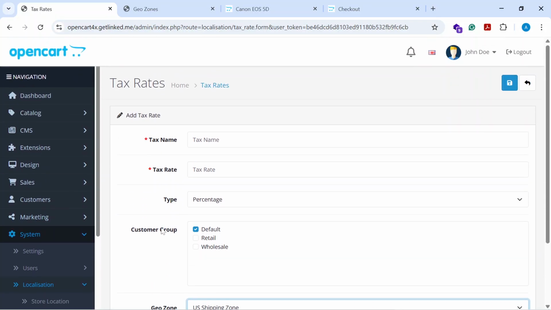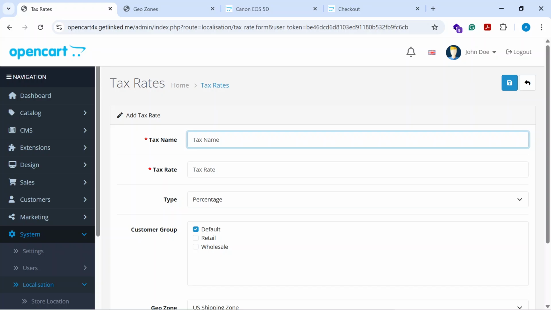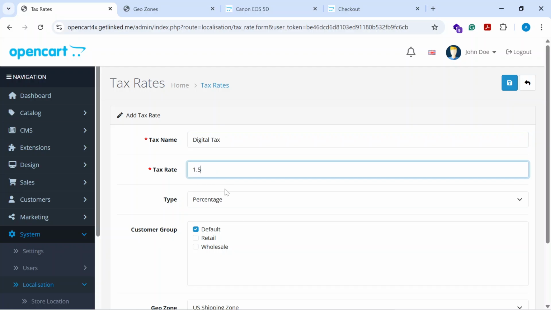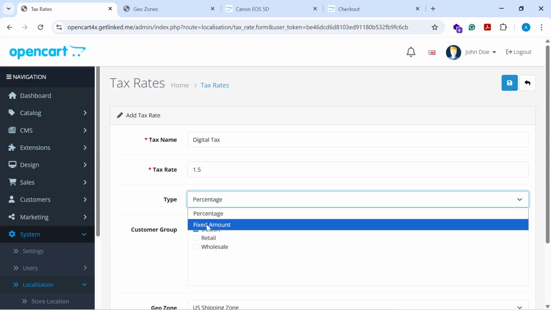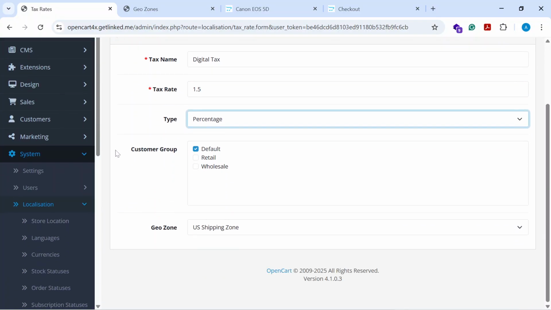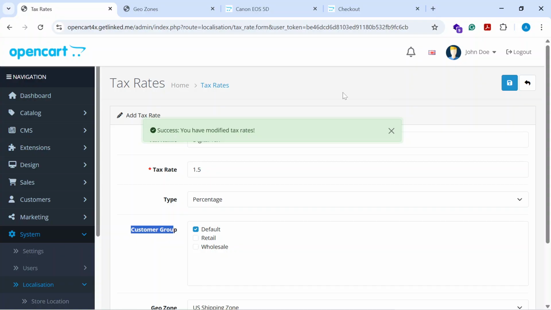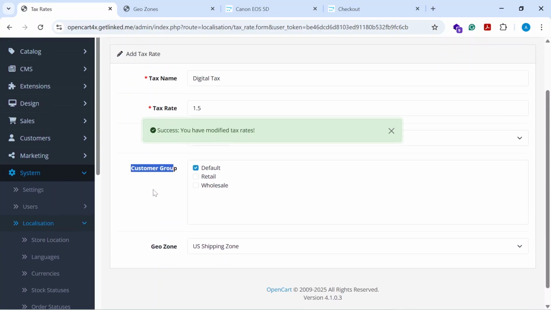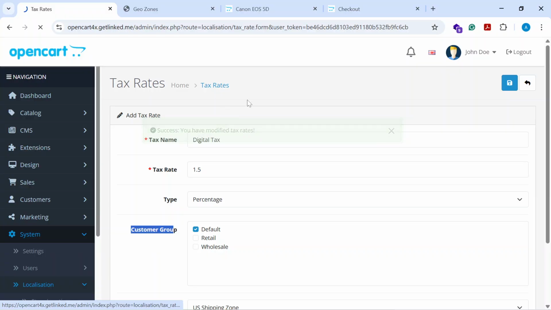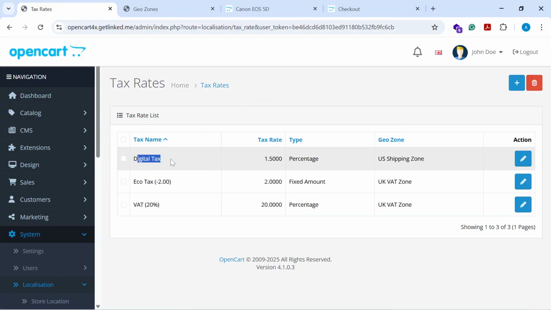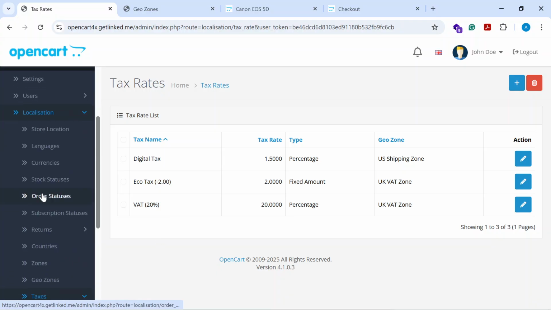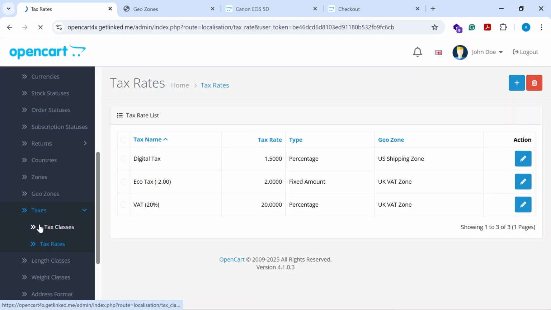a geozone. Okay, so again, let's call it digital tax. And then for the rate, we want it to be 1.5%. Okay, so ensure you select the right type, then the right customer group. So once you've done that, just click save, and now you have it on the list when you go back to tax rates. Okay, now the next thing you want to do is to go back to the tax classes,